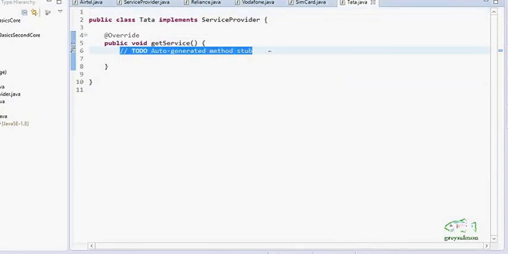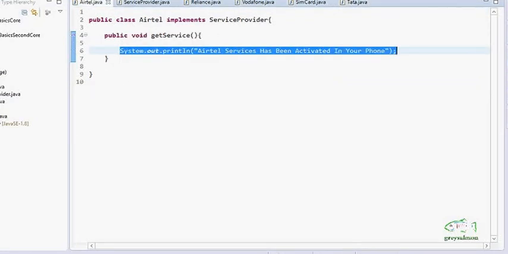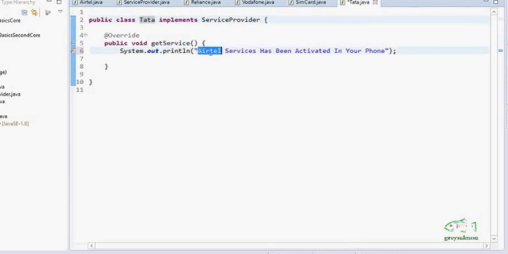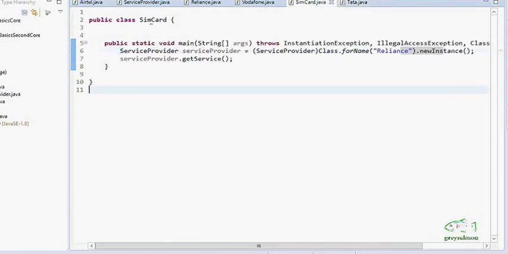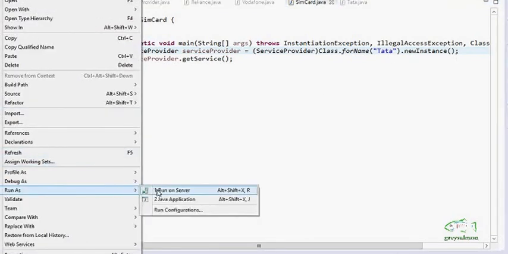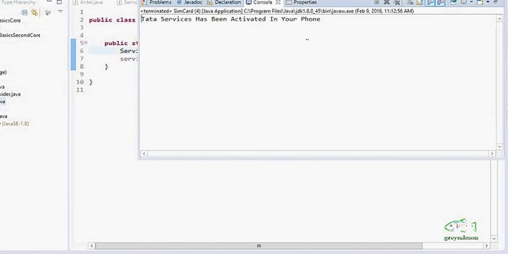Here we will simply print the line that Tata services has been activated. So this is the latest service provider which comes into the market after this class SIM card. Now if this class SIM card wants to use the services of this new service provider, it only has to pass the name of the class as a parameter here. Now Tata services has been activated in your phone.